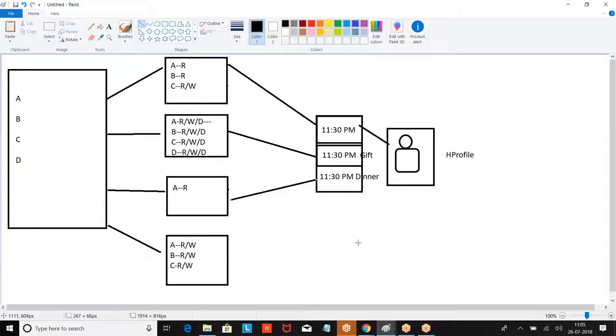Depends upon the context, I want to show different views for the same profile and same object. So what will I do? Record type. What are these three called? They are called record type. When are you going for this record type? When you want to give different views on the same object for the same person. For this person, I want to show the same object in three different ways.